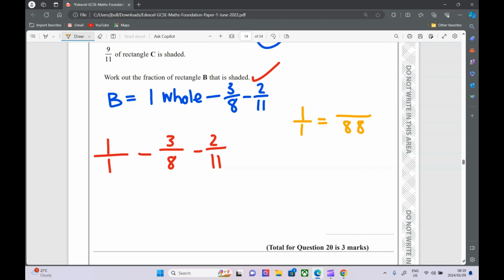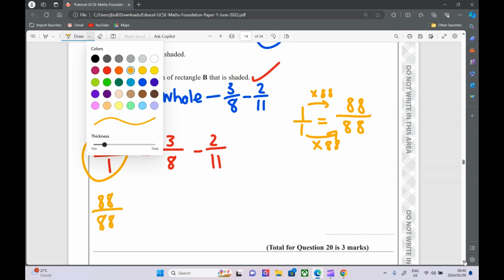So what we do is we see, what did I do to the bottom? So I went 1 times 88. And I have to do exactly the same to the top. So times 88. Okay, so that's going to be my equivalent fraction. So wherever I have 1/1, I'm going to write 88 over 88. Next up then, we've got